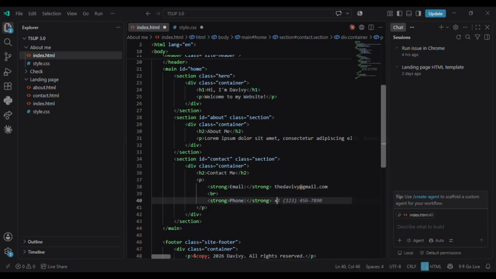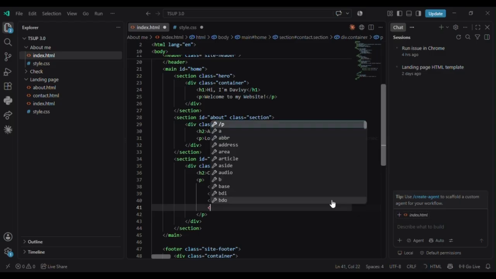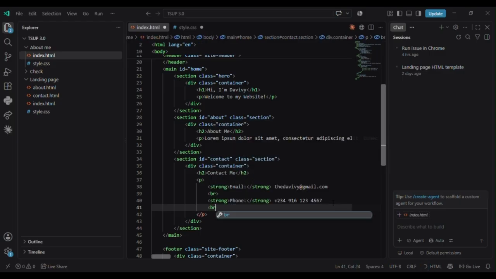You can do that. So we have +2 3 4, 1 6 1 2 3 4 5 6 7. And we also add another break line. We add another break line